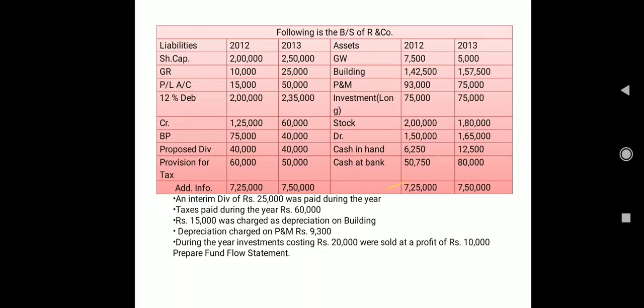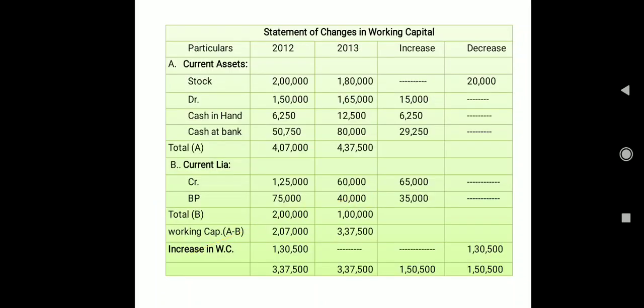So now let's start the solution one by one. Very first, as you know very well, the first step is to prepare the statement of changes in working capital. In the question we have already checked which are our current assets and which are our current liabilities. And every time I repeat, you have 4 simple general rules related to this statement of changes in working capital: increase in current asset, increase in working capital; decrease in current asset, decrease in working capital. I have told you no need to mug up all 4 rules, just remember one, and the remaining you can make the opposite.